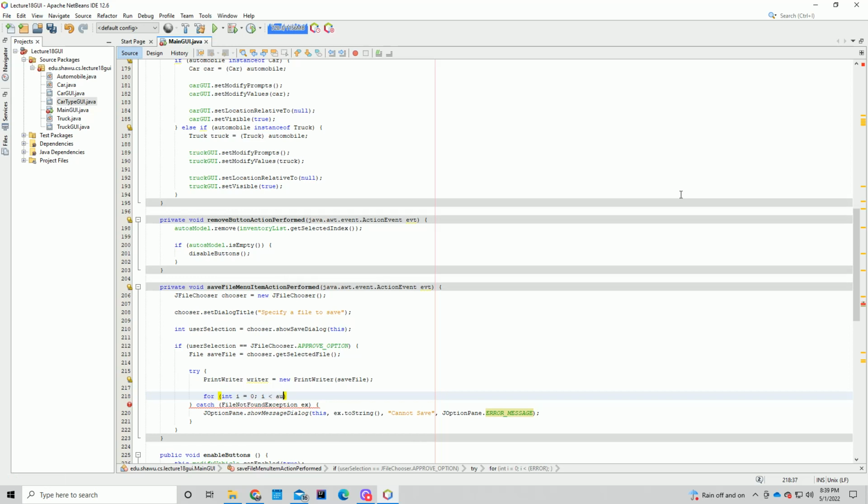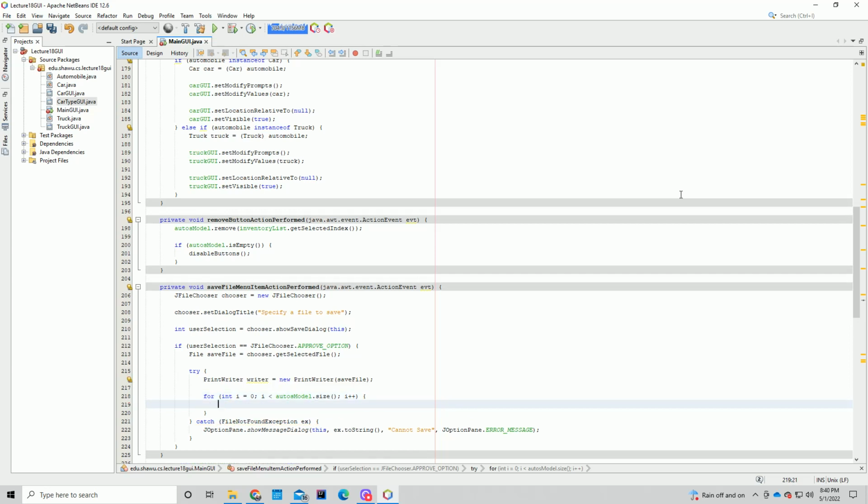I believe it's autosModel.size(), i++. Now we loop through this list and we just print out the toString for each of these objects, just like before. But we want to check if it's a car or a truck so we can print out what type it is. If autosModel.get(i) instanceof Car,